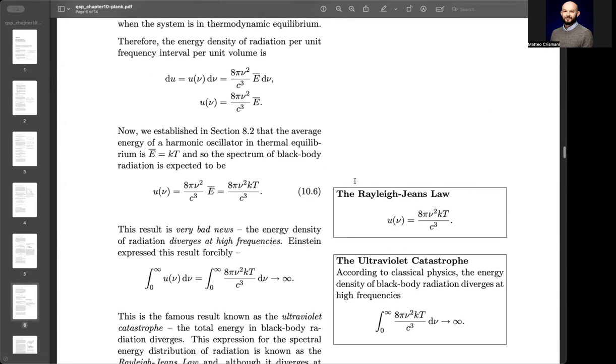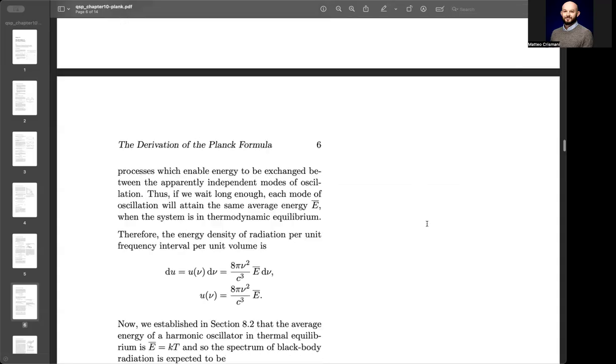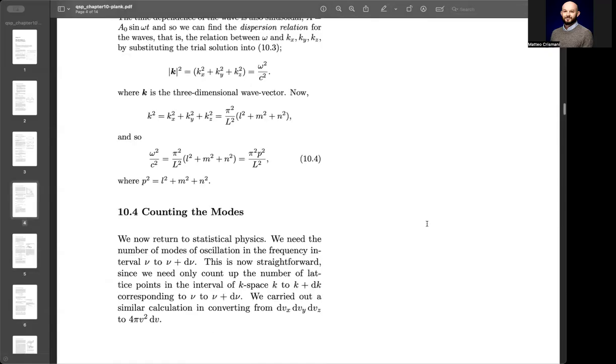Here's the Rayleigh-Jeans law. This is an empirical law, and what it essentially says is that the energy for a given frequency is proportional to the square of the frequency. All that means is as you get higher and higher frequencies, you get more and more energy. We'll talk about how this leads to the ultraviolet catastrophe, which is alluded to here. But essentially, you can see that this nu squared approximation is the very first part of,